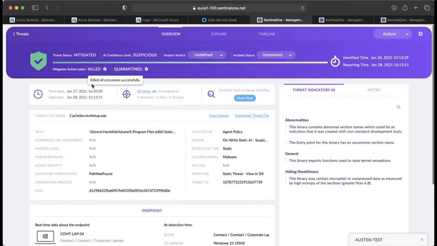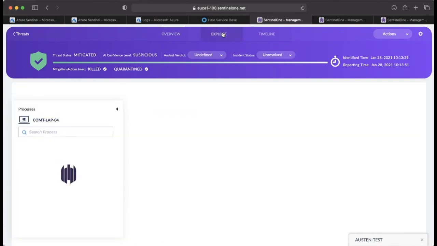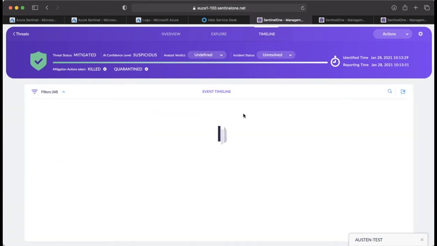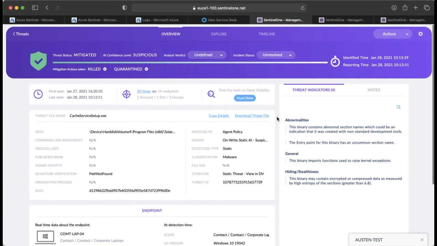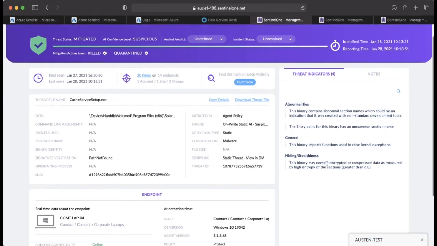But if this wasn't successfully killed, we can then go ahead and have a look at the timeline of what happened. If we go back, we can see the threat confidence. So it was a cloud operations and cloud transfer suspicious. So what I'll do is go through the threat indicators to see why SentinelOne and their threat intelligence thinks this is a malicious file. We can see that it's a highly encrypted and compressed file, which normally isn't too great. There are obviously a lot of legitimate business cases for that, but this on top of